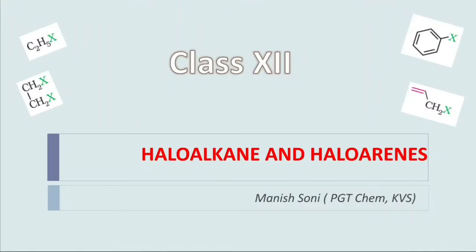In the previous class we discussed the mechanism of SN1 and SN2, and there I told you that in the SN2 mechanism we observe inversion of configuration, and in the SN1 mechanism we observe 50% inversion and 50% retention of configuration, and overall a racemic mixture is formed as the product in the SN1 mechanism. Now what all this means, that is, what inversion, retention, racemization, etc. are, we will discuss in today's class.